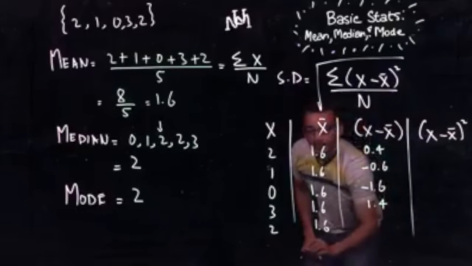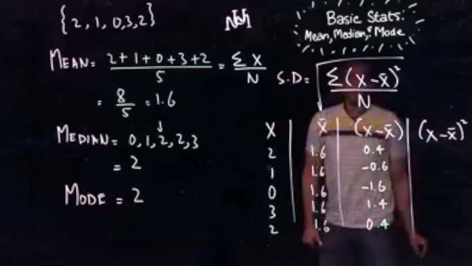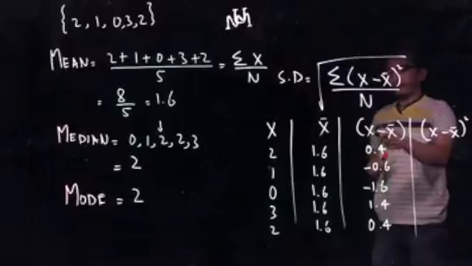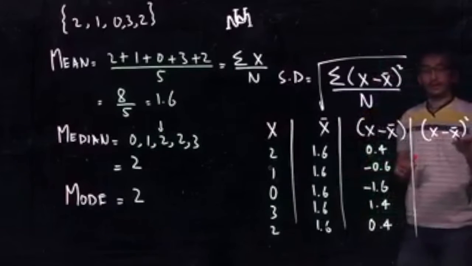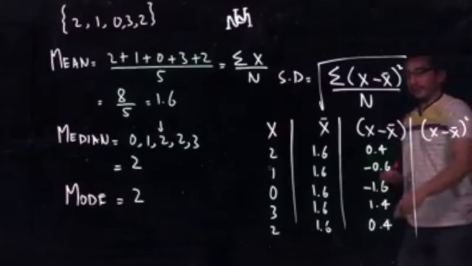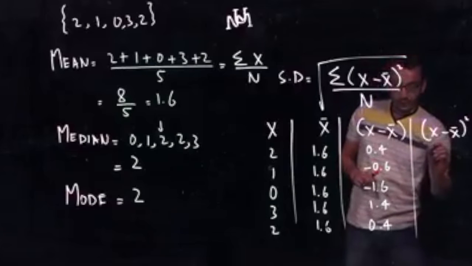1.4, and 0.4. Now that we have calculated our x minus x bars, we're going to go ahead and calculate the (x minus x bar) squares. We're going to simply square all these terms in this column. So the square of 0.4 is